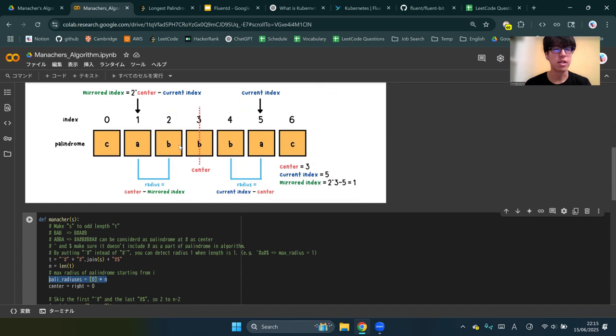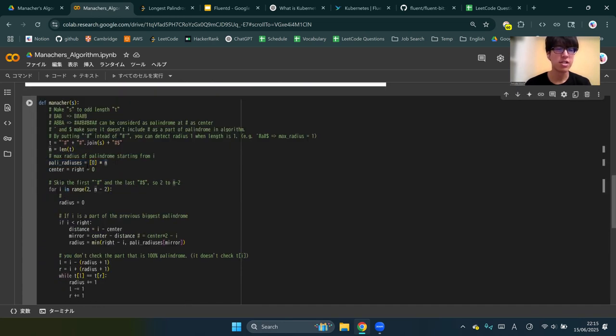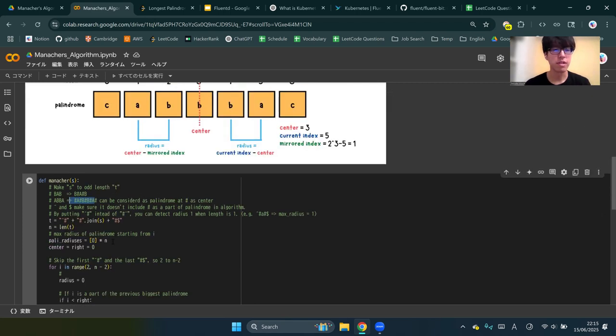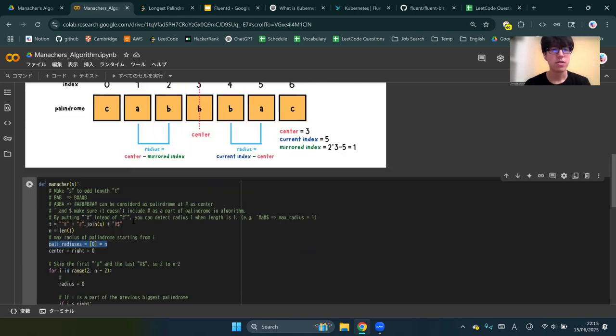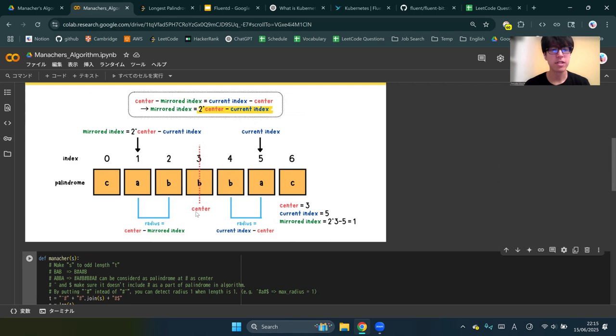So let's see the actual example. And then it's a list, so you want to keep all the radii from each index. And remember, every palindrome is going to have one character at the center, so you don't have to think about two characters at the center. Just any size. So let's imagine this example. Let's imagine you are at A, index one. So what is the radius? The radius is